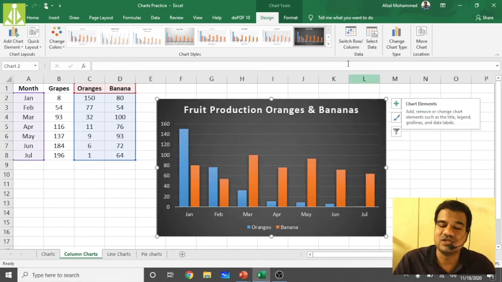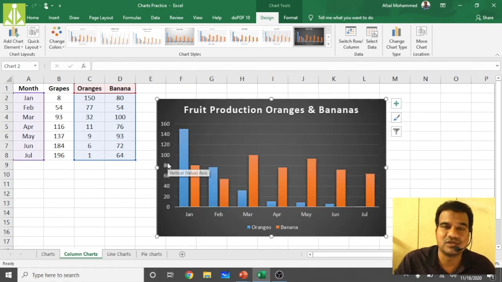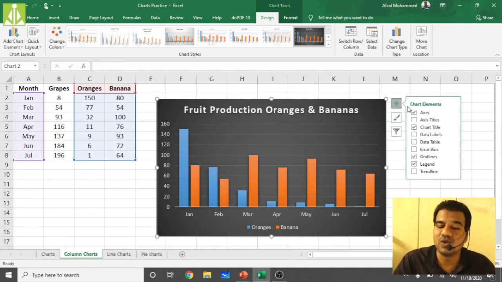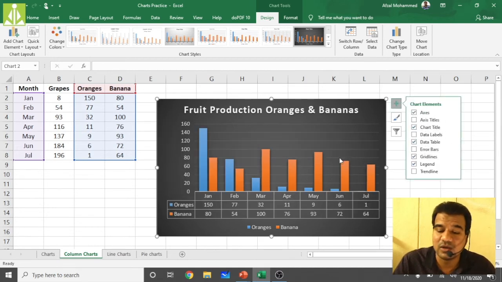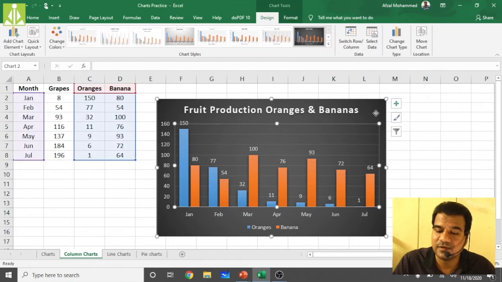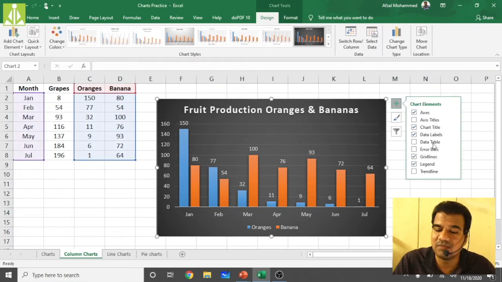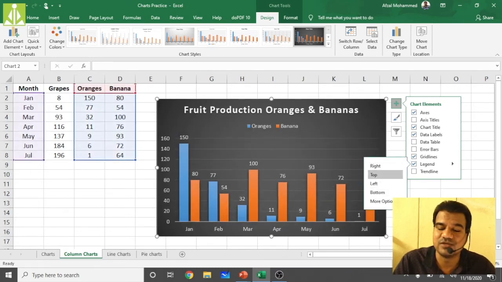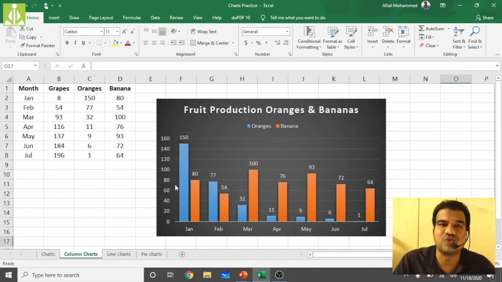Changing the complete chart, that also you can do. And if you want to include labels, data labels, that you can do. If you want to shift this legend from here to top, you can shift. Select the chart, go to this plus symbol, then legend, select this triangle, and top. Like this, you can shift the legend on top. All these changes you can do. Hopefully you understood this one about column charts.